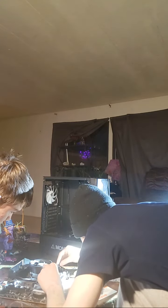You got it backwards. No, because if you put it this way, they don't line up. The teeth don't line up. How will it go in? I might have to apply a bit of pressure, not too much, but